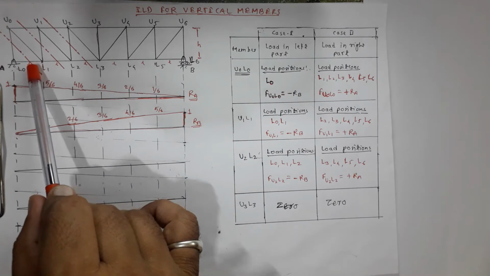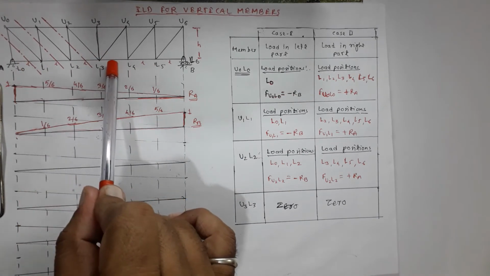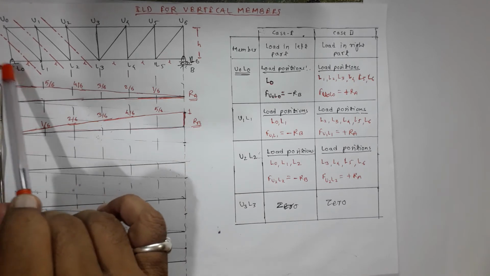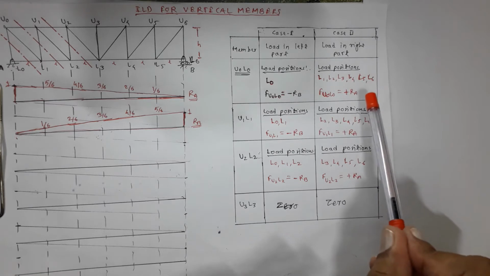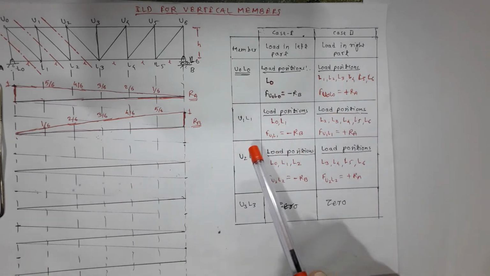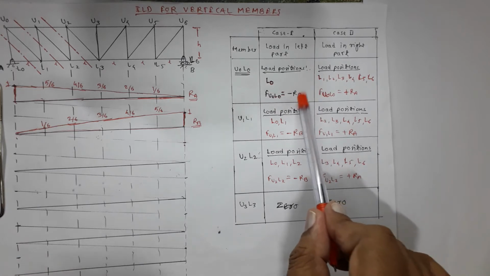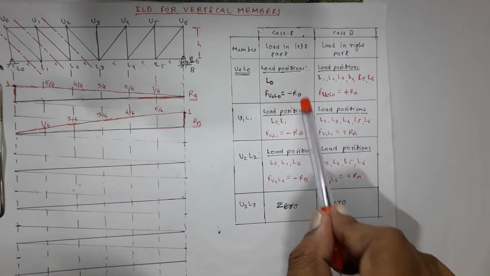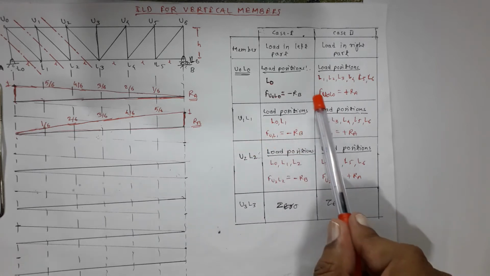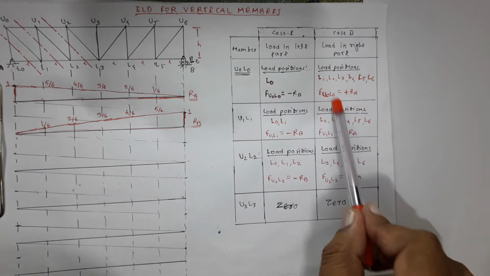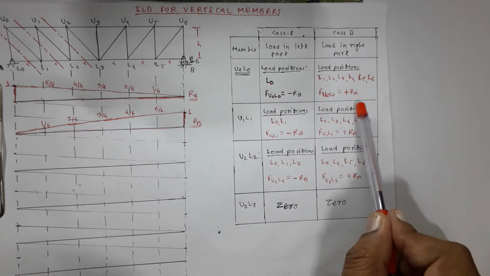And when the load moves to the right part, I deal with the left part, and the force in each member will be given by RA. So have you got this? When the load is in left part, get the value of the force in the vertical member from the reaction RB, but it is to be used as negative. So minus RB everywhere when the load is in the left part. And when the load moves to the right part, force in each member is given by plus RA. This is what you will have to remember.